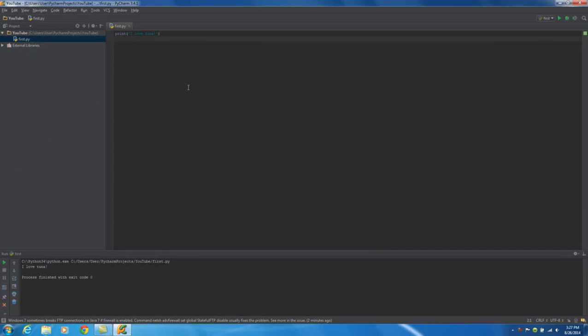Now whenever you run it for the first time, you do have to right click it and hit run, but anytime after that you can just click this button or hit Shift F10, but I just click this button, it's a little bit easier, and that runs your entire project. So now that you have a sweet IDE, we can now actually start making some